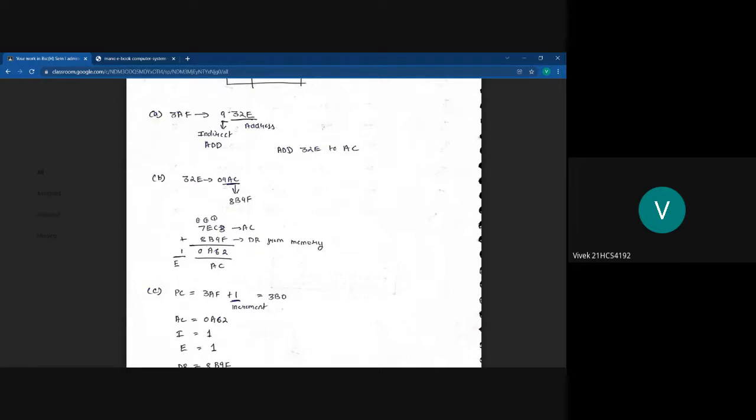And then 1 plus E is F. F plus B is A. Just the same logic applies here. So carry 1. 7 plus 8 is 15, plus 1 is 16, which is 10 in hexadecimal. So 1 carryover and 0 is left here. Now this 1 extra carryover goes to E, the overflow bit, and 0A62 is taken in the AC. So now this is stored back again in the AC.